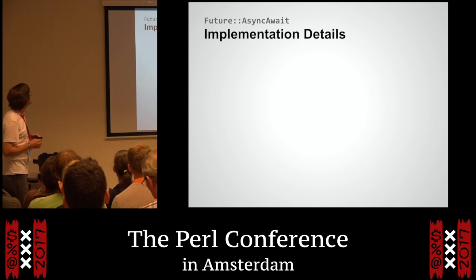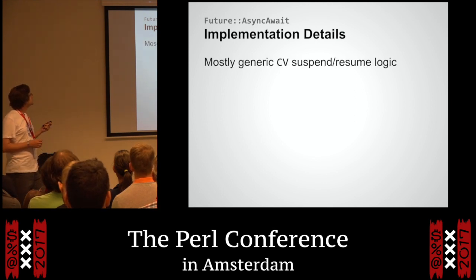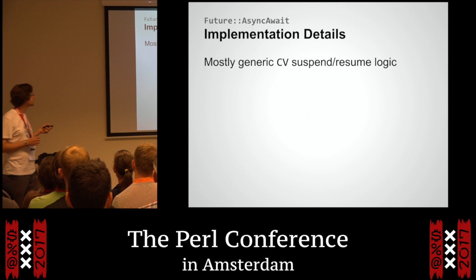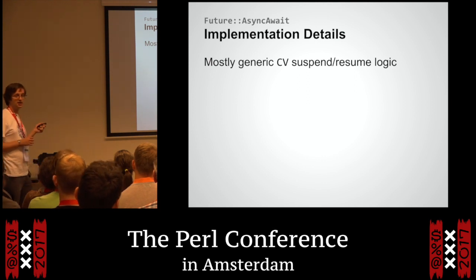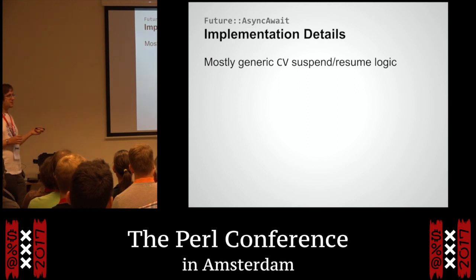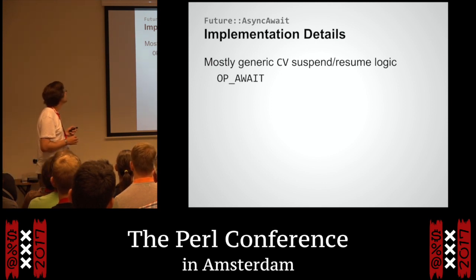This is good. So I should talk briefly about the implementation details. I shan't go into too much detail here. So most of the implementation is all about suspending and resuming a Perl function, what we call a CV internally. If any of you were in Todd's talk just previously, some of these terms might start to sound a bit familiar. So most of the logic is just about suspending and resuming a function. Primarily it does that by adding this new op called op_await, which has lots of interesting innards and is very fun.